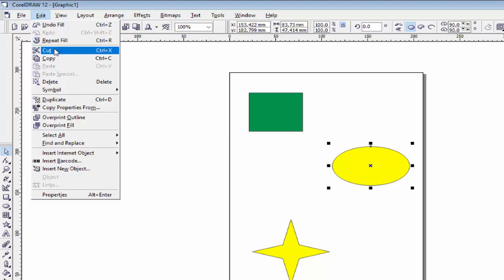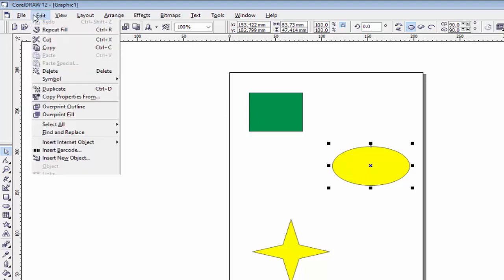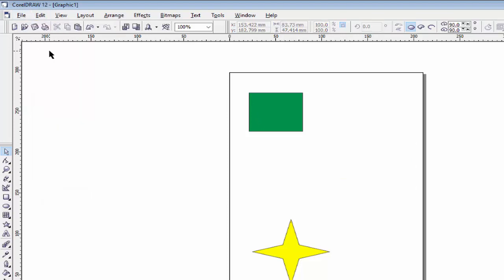So the next commands are cut, copy, paste. Shortcut keys: cut Ctrl plus X, copy Ctrl plus C, paste Ctrl plus V. If I want to cut any object, you know that all these are objects. This is one object, this is the second object, this is the third object. If I want to cut this object from its current position, select this object, go in edit and click on the cut option, and you will see that the object is cut from the current position.